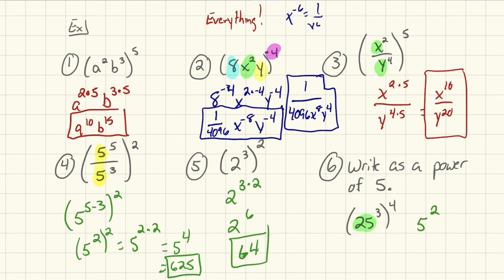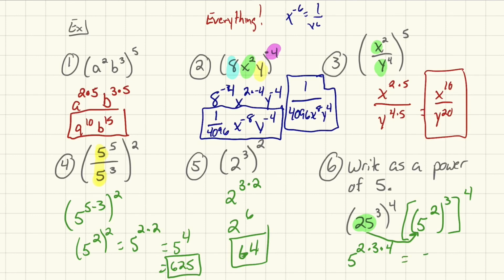So now all I've done is I've just taken that 25 and rewritten it. We know that 25, or that 5 squared, which stands for 25, is raised to the third, and we know that all of that is raised to the fourth. So all we have to do now, when we have a power raised to a power raised to a power, we end up getting 5 squared, and then we just multiply times 3, and we multiply that times 4,